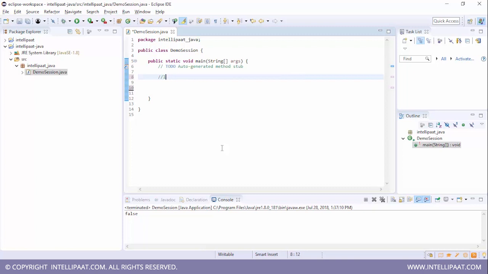Let me just put a comment that we are working with control statements over here. So we'll start off with the if conditional statement. Now, what I'll do is I'll create a new variable int a and give it the value of 50. I'll use the if control statement and give a condition over here, and I'll say if a is equal to 50,